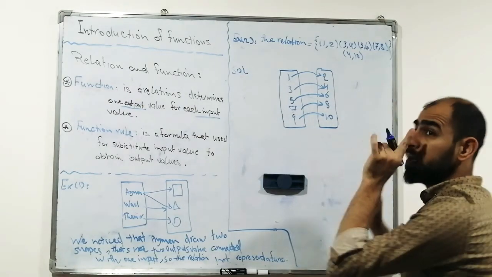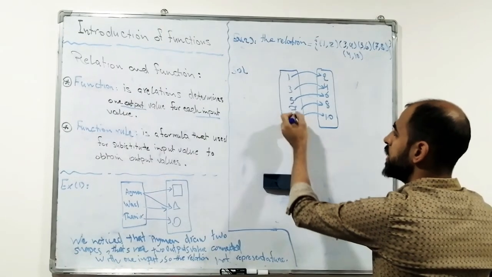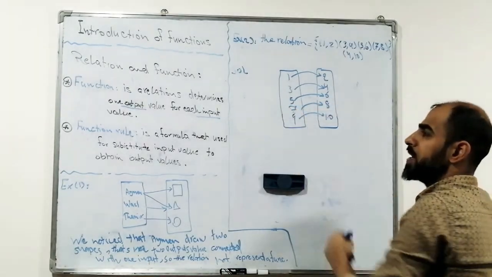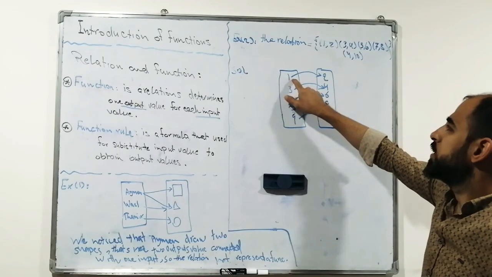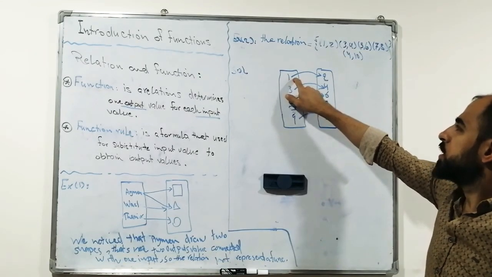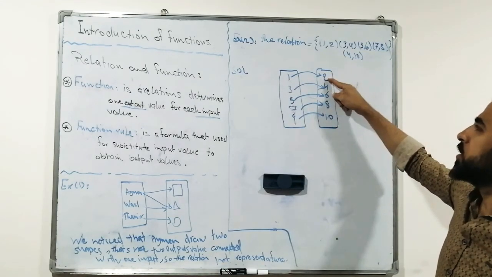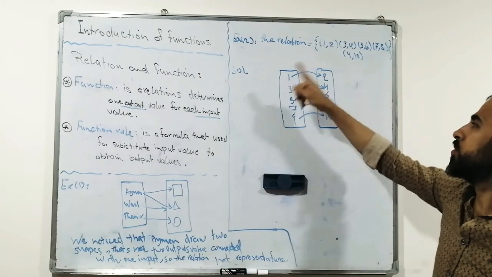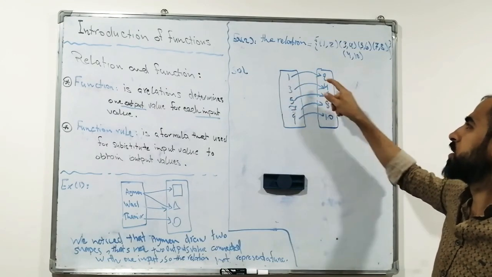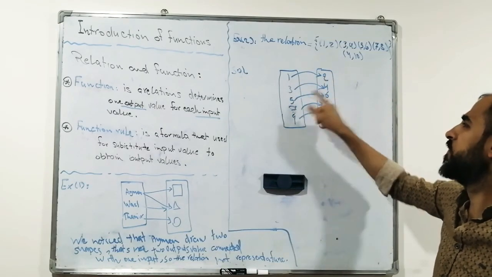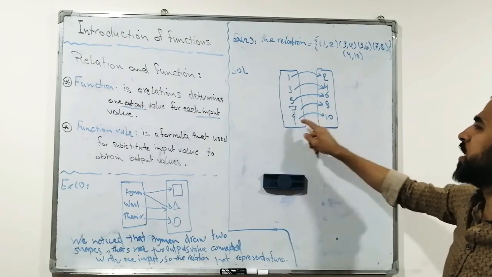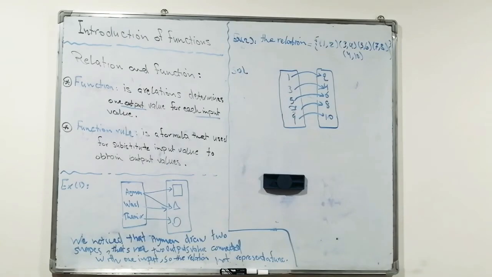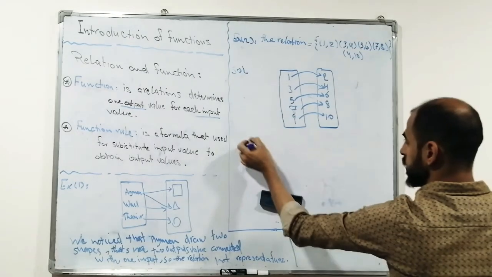Each input value must be connected to a value in the corresponding range. We see that 1 is connected with 2 only, with one value, and 3 is connected with 4, also one value, and 5 connected with one value, and 7 connected with one value, and 9 connected with one value. So here the relation represents